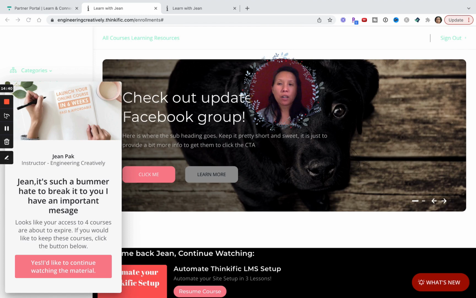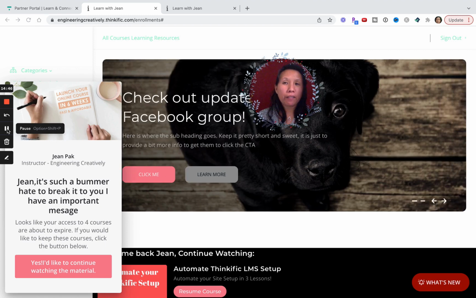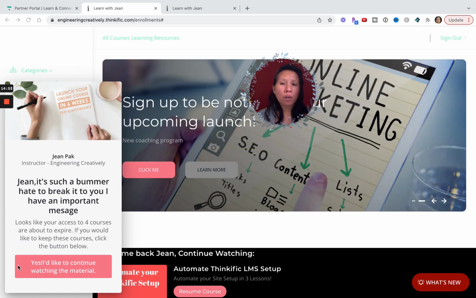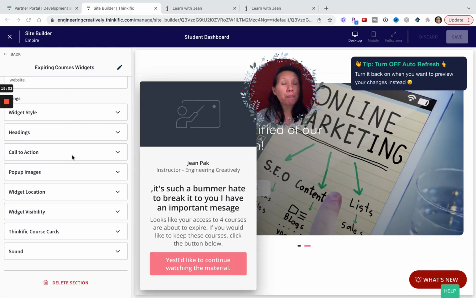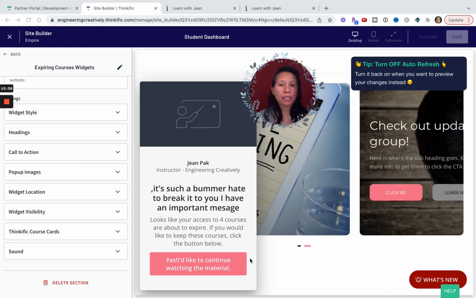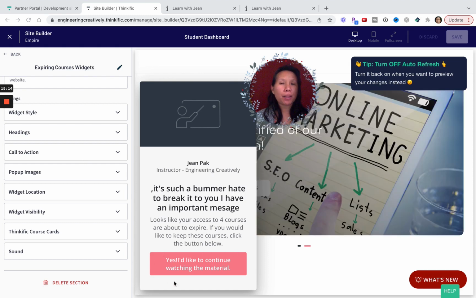messaging. And so I wanted to go back and show you one thing about the redirect, which I think I didn't talk about enough in the previous video. I want to now show you the call to action, which is super crucial, that I felt like I glossed over. So now I am back in my site builder, and I wanted to show you the call to action, which is this button right here. I forgot to speak about it, so I wanted to come back and speak about this call to action button,